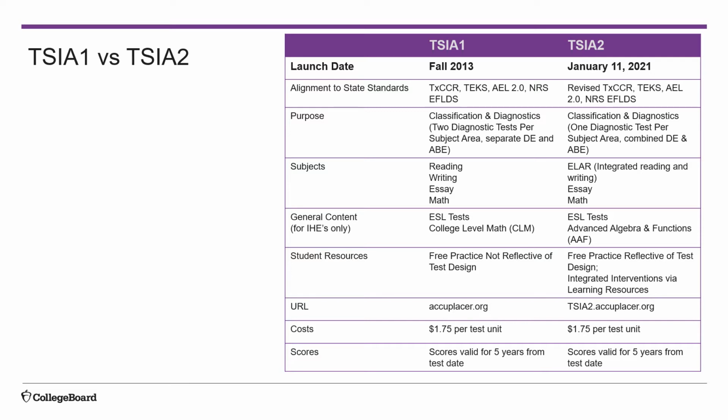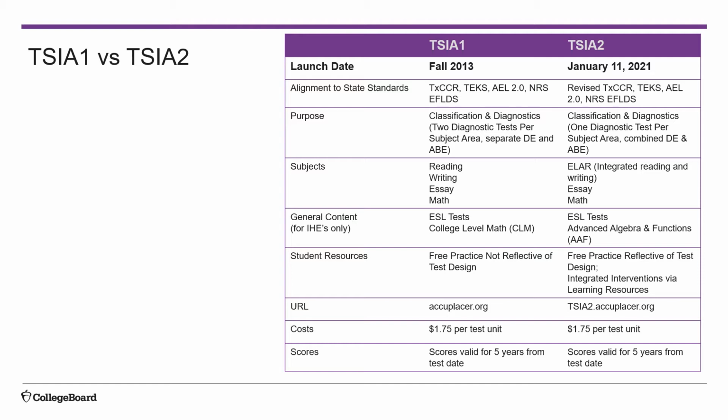The first slide provided an overview of the new tests, and this slide compares them with the original version. Since the development of TSIA 1 in 2013, Texas state standards have been revised. These new tests, scheduled to launch on January 11, 2021, were created to be in alignment with the current state standards and to reflect changes in curriculum. As with TSIA 1, TSIA 2 also has classification and diagnostic assessments for each subject area. Students begin testing in the classification tests, and the respective diagnostic test is administered if they do not meet the